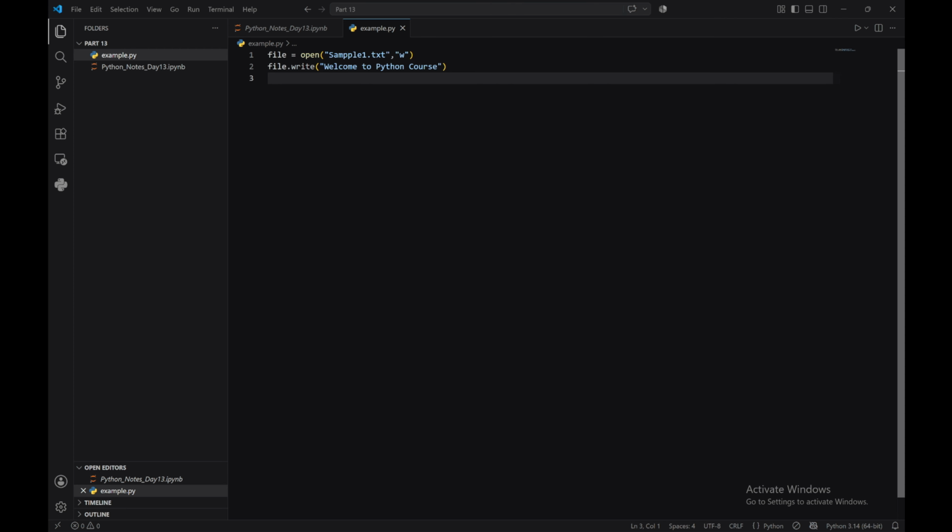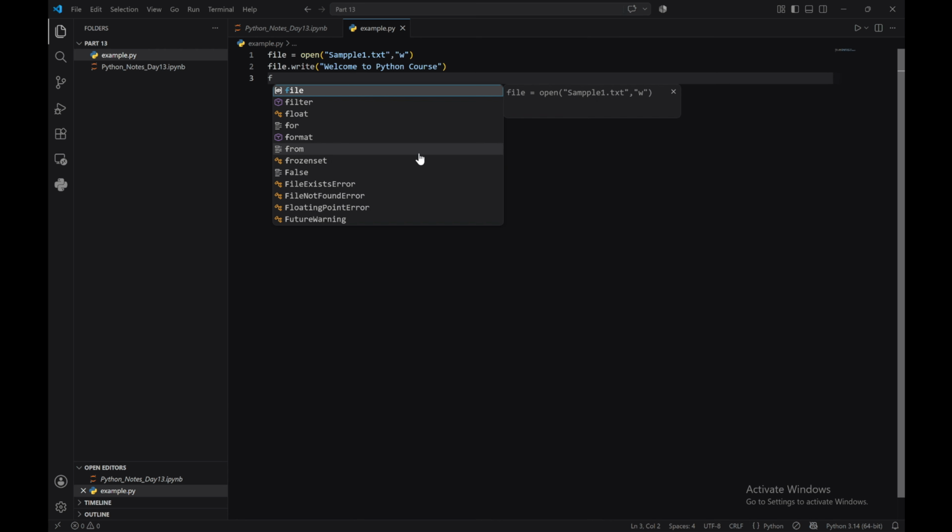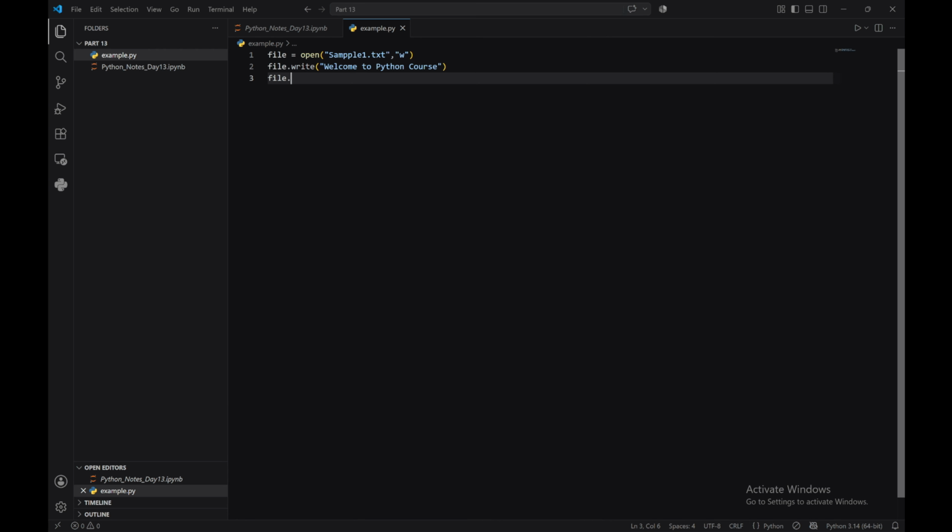After that, we are going to close the file as file dot close. And if we run it, as you can